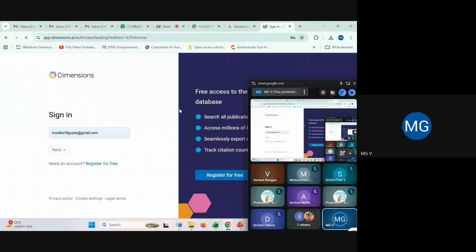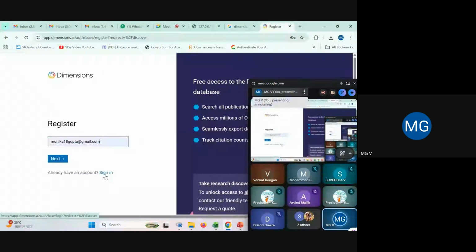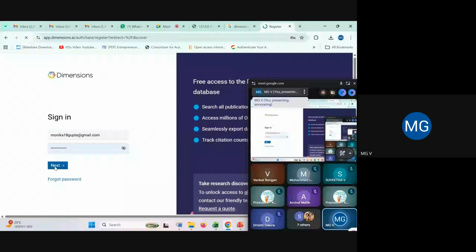Now see, here we can create an account by clicking register for free. If you click this option, you will have to make some entries and then you can register yourself. Since I have already registered, see, this is my personal ID, not official ID. I have saved it. So just after registering, completing the process, click next. First, you create your account on this website, right? And then put your username and password, and then you can use it.